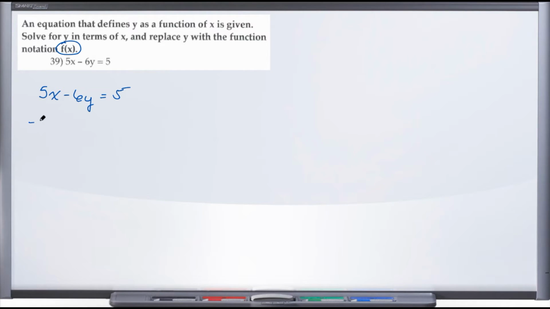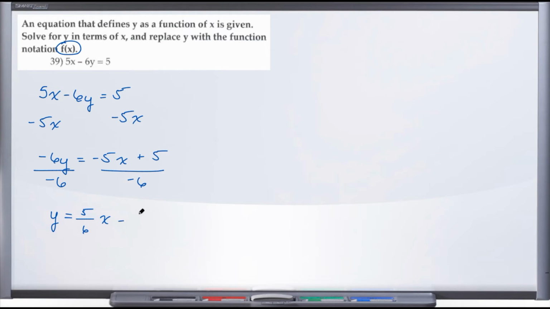So let's solve for y. We'll subtract 5x from both sides. That's going to leave us with negative 6y equals negative 5x plus 5. And solving for y now, we'll divide by negative 6, divide by negative 6. And that leaves us with y equals negative 5 divided by negative 6 is positive 5 over 6x minus 5